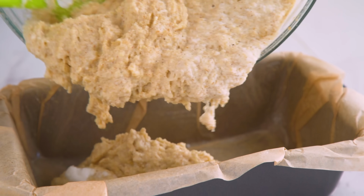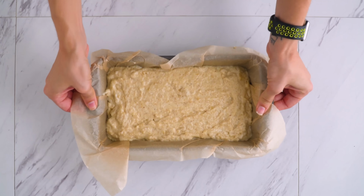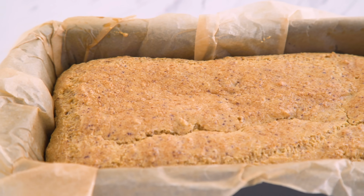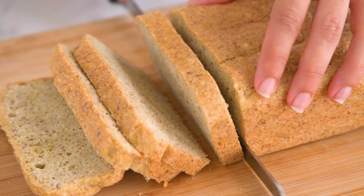Into the loaf pan it goes to bake until it turns a beautiful golden brown. For this low-carb loaf, the top should be crusty. Cool completely before slicing. Oh my gosh, I have wanted a low-carb bread to be good for so long, and